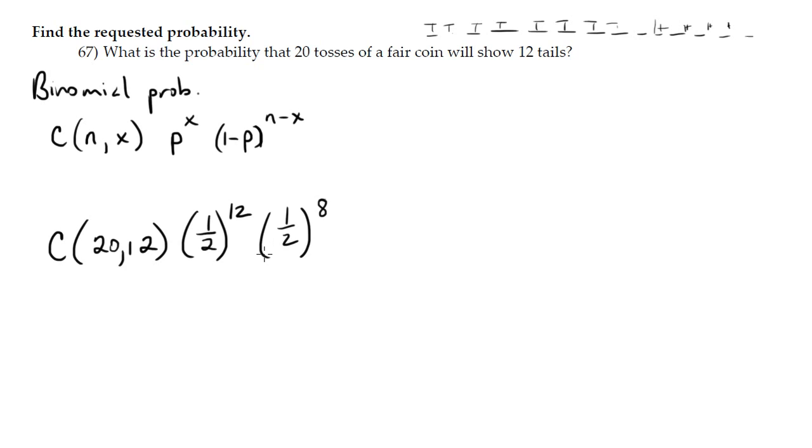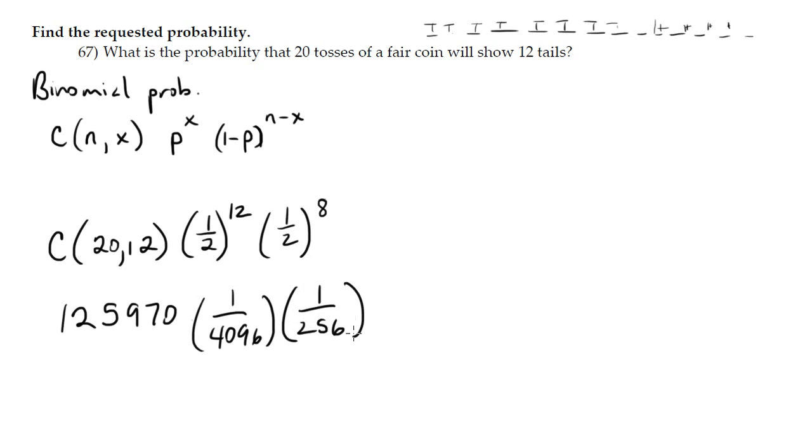So I'll do this in pieces. 20 choose 12. That's 125,970. 1/2 raised to the 12th power is 1 over 2 to the 12th, that's 1 over 4096. And 2 to the 8th power. Right, so I'm just splitting this up. So if I put this over 1, this will be 125,970 divided by